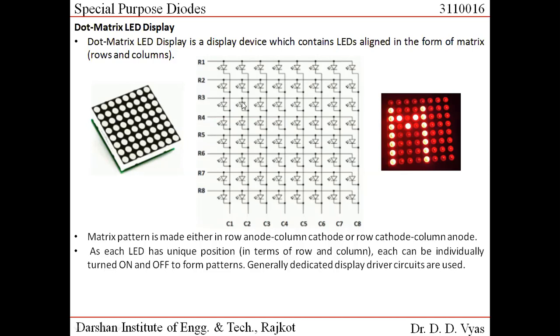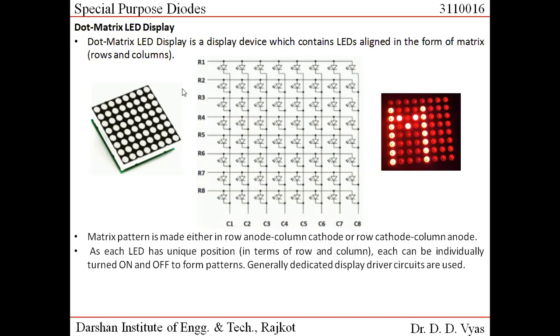If we talk about this LED, when R2 is made positive, all these anodes are at positive voltages. So if I keep the cathodes of C2 to C8 at plus 5 volts, then none of these LEDs would glow, because at the anode the voltage is plus 5, at the cathode also the voltage is plus 5, and you need a net potential difference between the two.